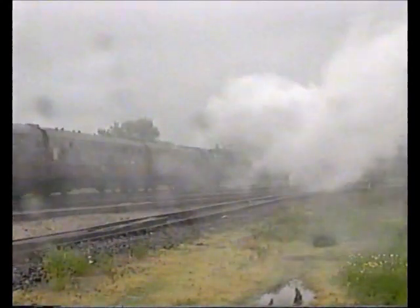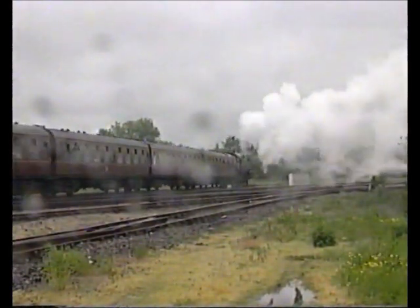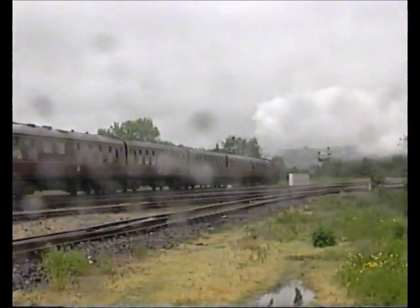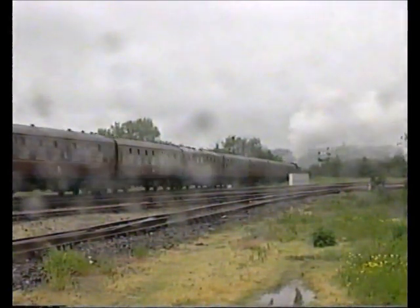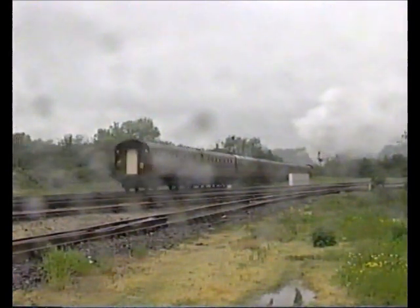The rain beating in from the Atlantic was very evident here, despite the shelter of an umbrella. The plan was for the train to return to Carmarthen, where the Black 5 would take it over and run